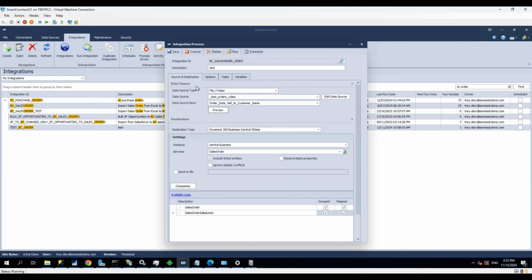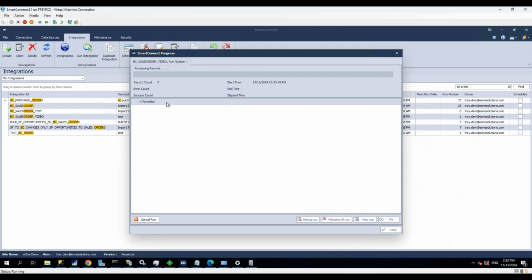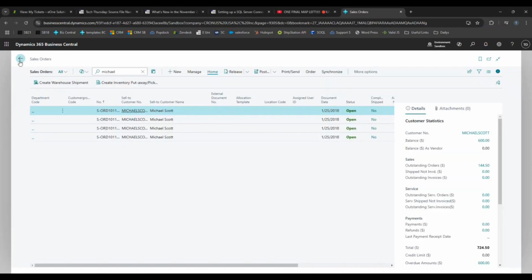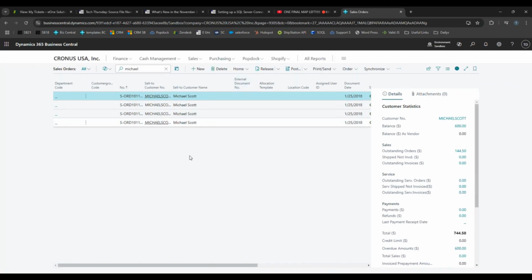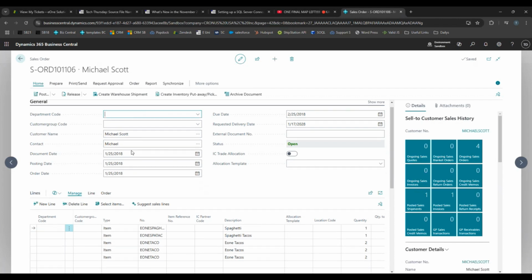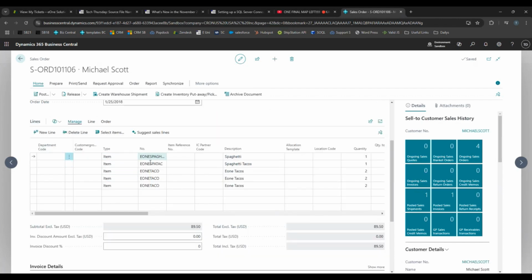Once you have done that though, it is ready to run, and I will show you what it looks like once it has successfully run. Record count 3, that's what we were expecting. Even though we have more lines, they will show up in Business Central. So now if I go into here and then refresh, usually it would let me in. There we go. Maybe I just had to double click on it. But yeah, you can see all those line items are in here, and